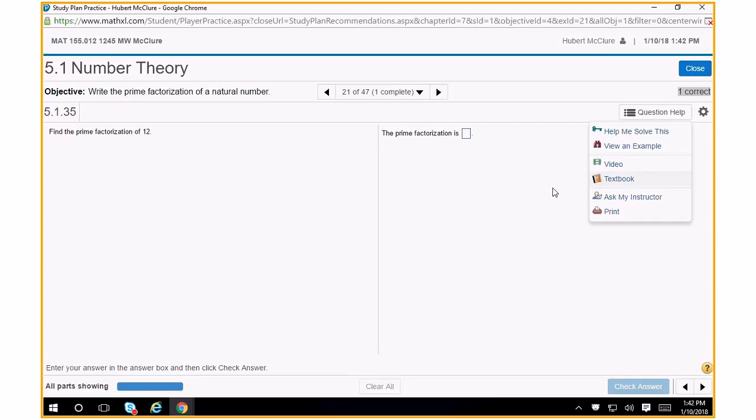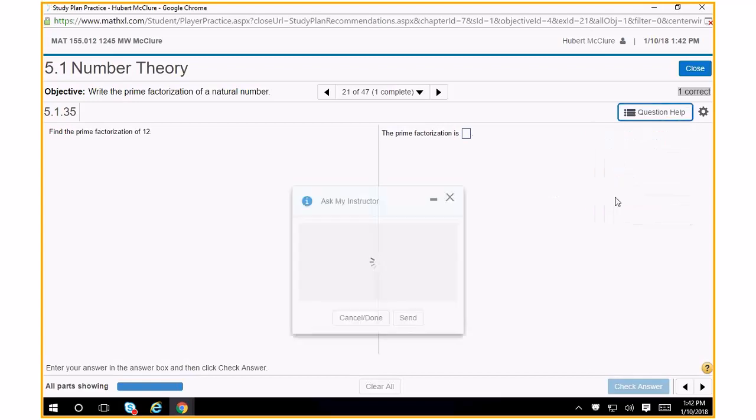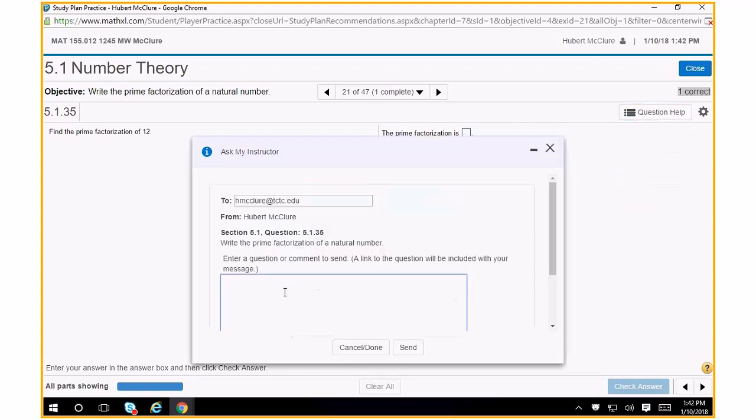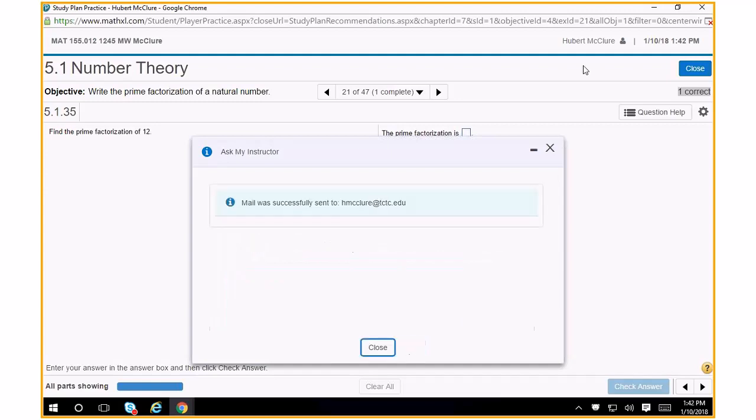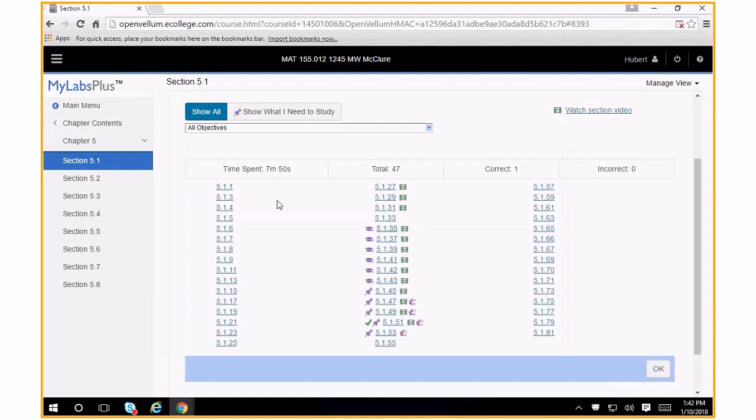When you're at that point where you're so mad that you can't see straight, or you're confused and you don't know what to do, or you just get impatient with it, all you do is hit Ask My Instructor, and I'm going to put something funny, but this is stupid, okay? Now, I spelled that incorrectly for a reason. I want you to see that as soon as you hit send, boop,